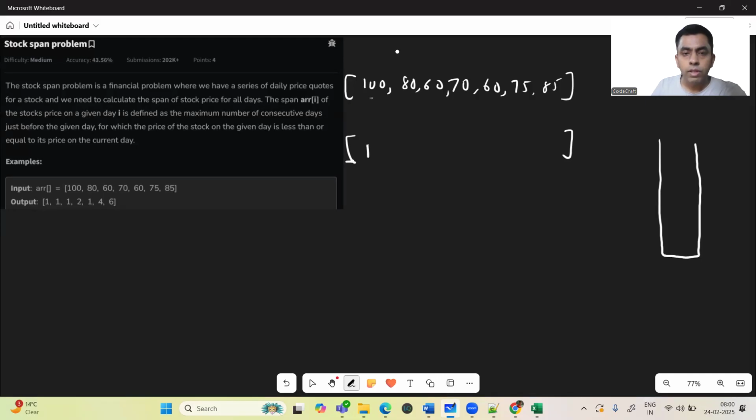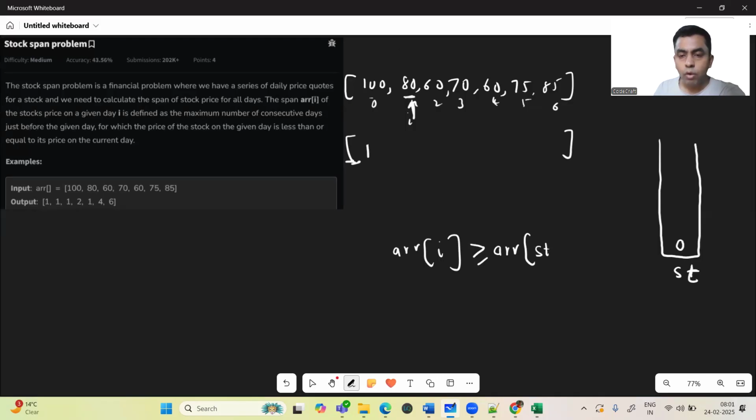If the stack is empty, then we are going to insert the index. The indices are 0, 1, 2, 3, 4, 5, and 6. So we are inserting 0 in this particular stack. Now we move on to the next one. We are going to check, is 80 greater than the peek? For example, arr of i is 80, i is pointing here. We're going to check, is arr of i greater than arr of stack.peek,